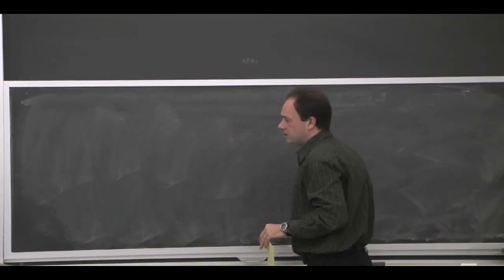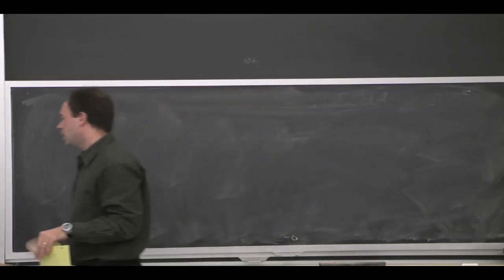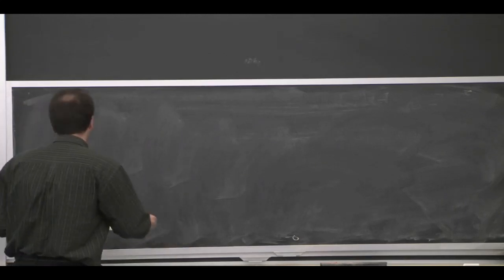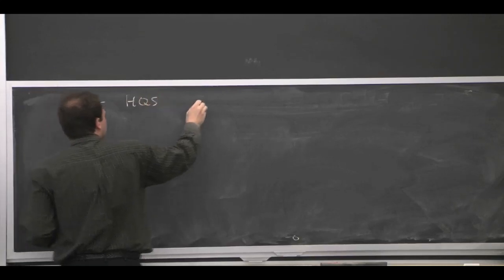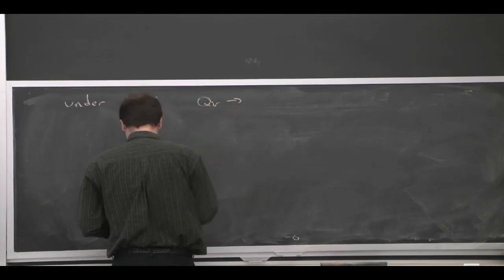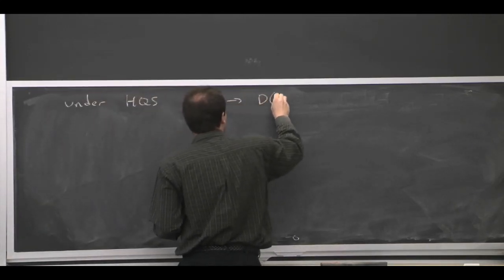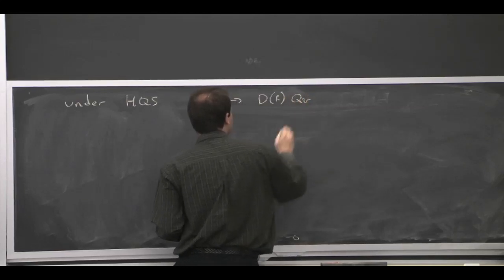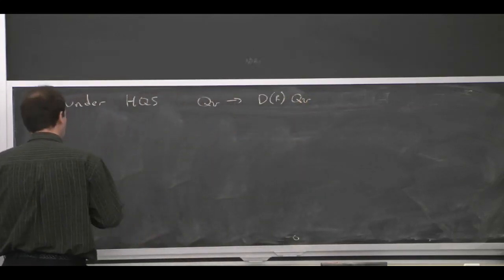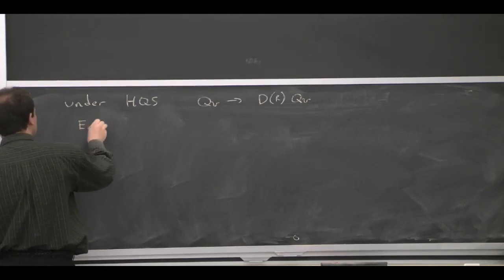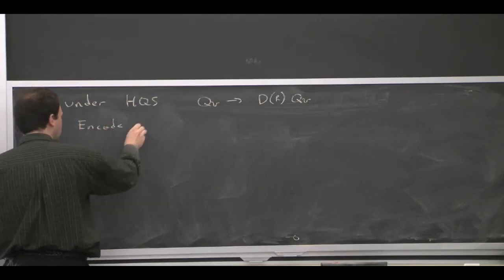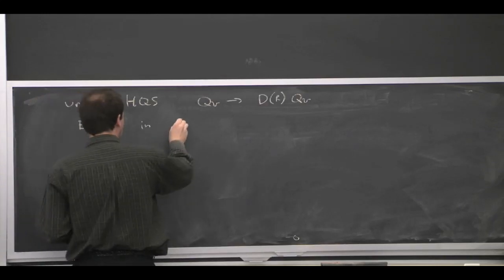Now, if I just want to make a statement about heavy quark symmetry, then I can look at how this guy transforms under heavy quark symmetry, because I know how Q_v transforms under heavy quark symmetry. So what I'd like to do is encode in a general object,